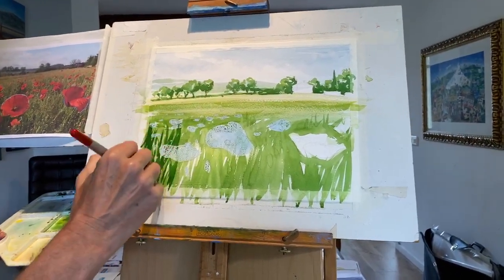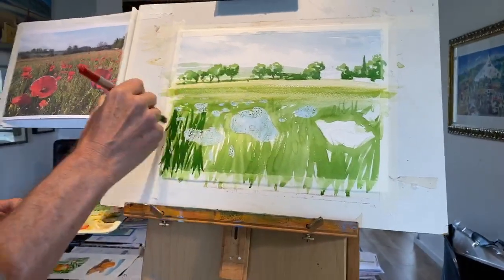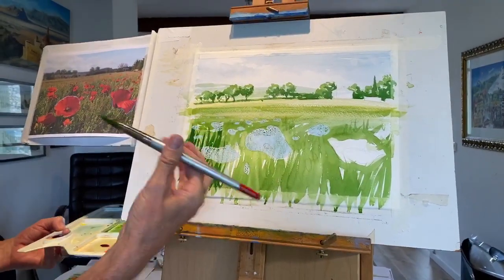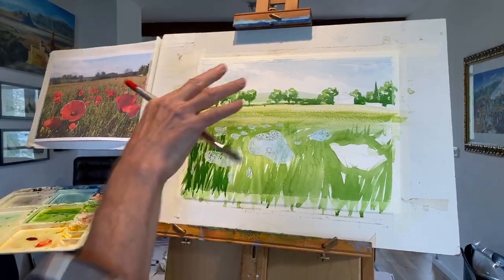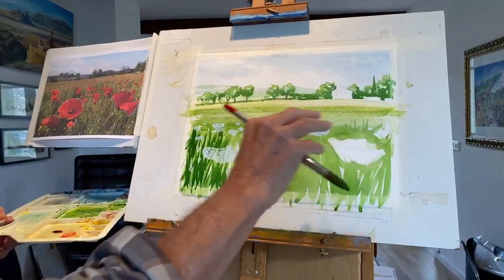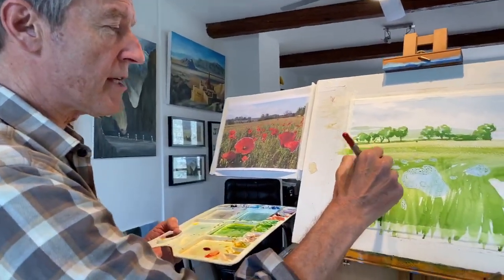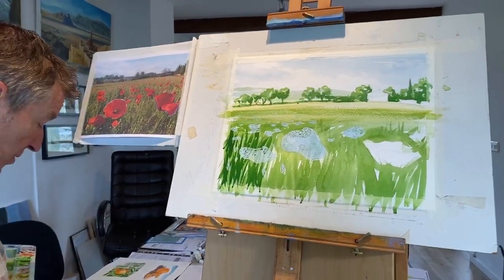So you've got almost virtually no water in that mix, have you? Yeah, that's right. As you come forward in the picture into the foreground, the paint can be a bit thicker, because then it's watery and lighter in the background to give the illusion of distance, and then as you come forward it's a bit stronger. So that's probably a bit dark for the middle. What I'm going to do...